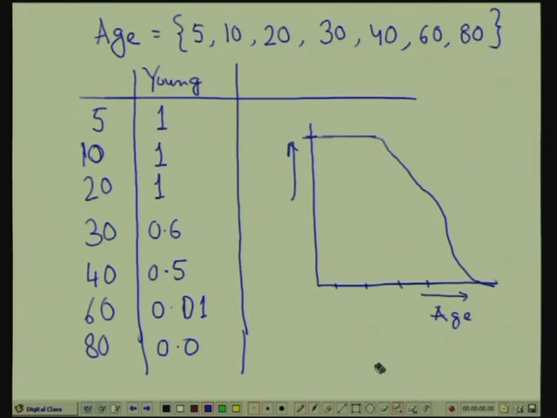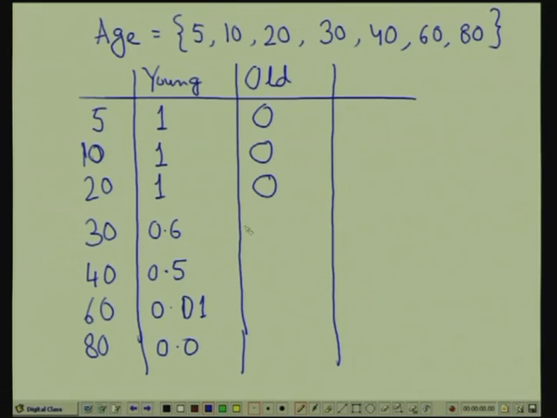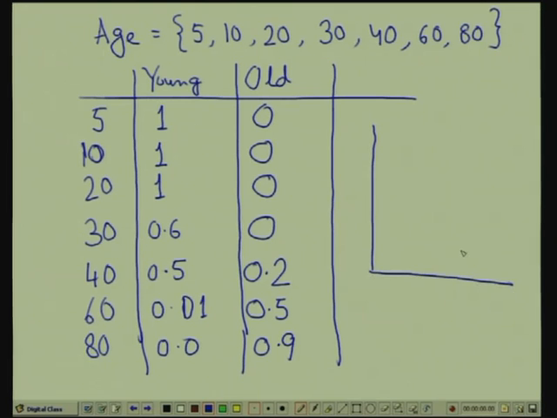Now, similarly, I can define another fuzzy set, say old, where obviously 5 is not old, 10 is not old, 20 is not old, 30 is not old. Here you say 0.2, 60 is 0.5, and 80 is say 0.9, 90 might be 1. So, if I describe this fuzzy set, then also I have actually